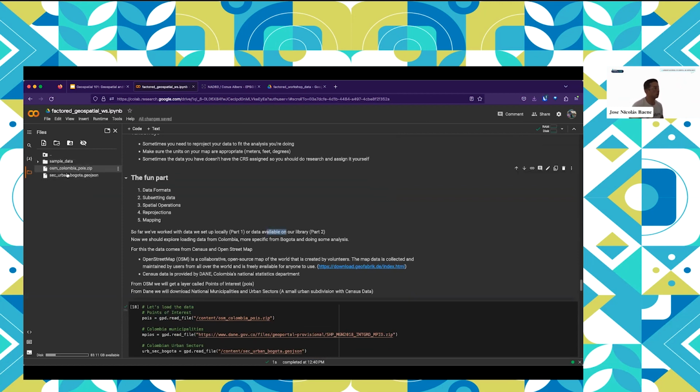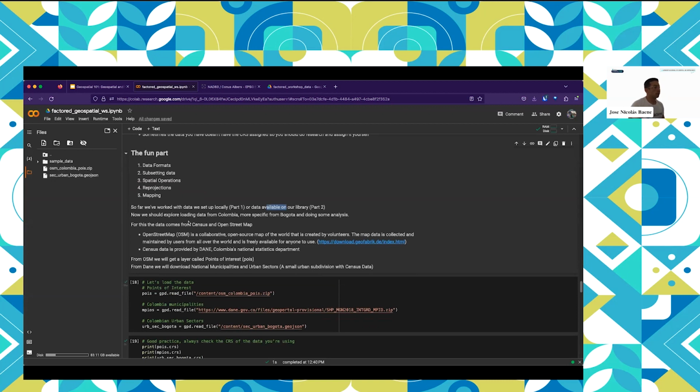But right now we're going to load these data sets that I hope everyone was able to load. This data comes from OpenStreetMap, which is a collaborative open source map of the world. It's a very powerful tool. It started as a side project from some university people at University College London, and then it grew so big that it's being fed by people all around the world, and you have free geospatial data available from roads, polygons, points.